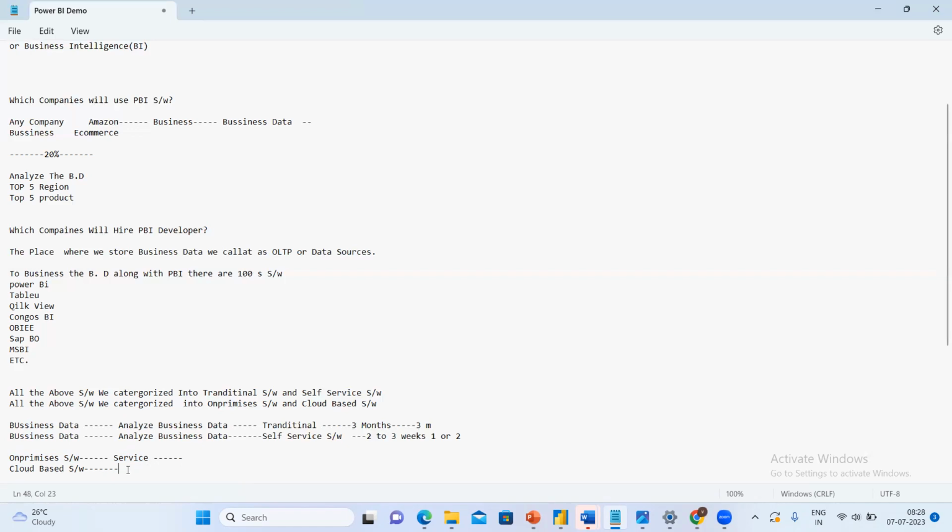But cloud based, take it as Azure or AWS or GCP, anything. Suppose I have started a new company tomorrow. What will I be doing? There are two ways, on-premise and cloud. What do I need to buy? I will buy the cloud. Why? Because once you maintain the cloud, the Microsoft Azure people will handle how much storage is used, compatibly.